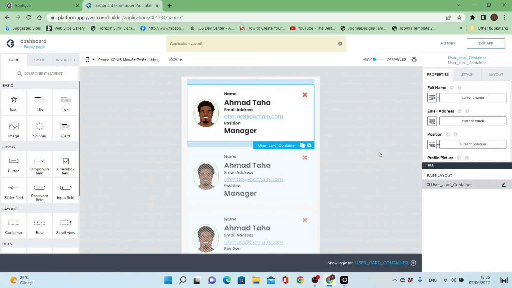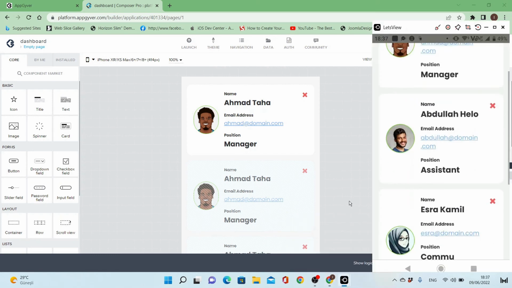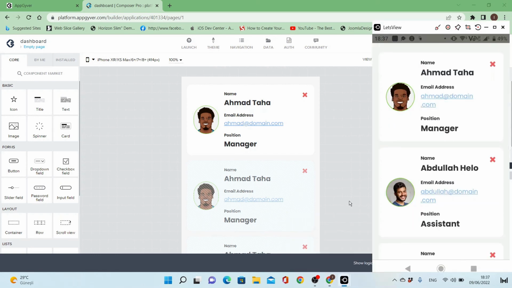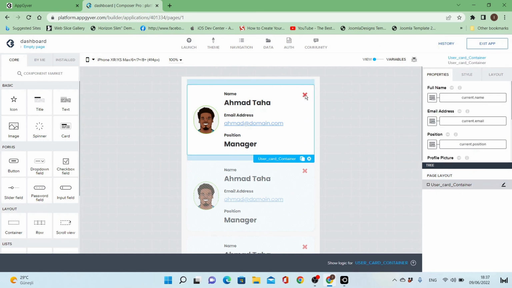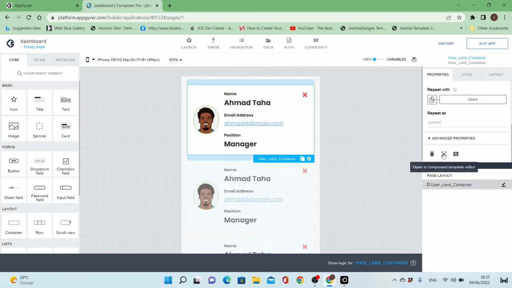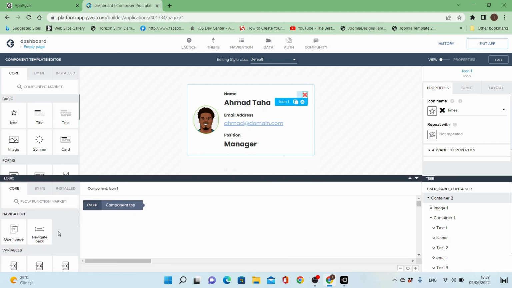Okay, now when clicking on this X, I want this component to be deleted. But when clicking on this component, Appgyver will see that this is a complete component. So we cannot click inside it on the X or on the name or the address. So what to do is to go back to the composite component design,